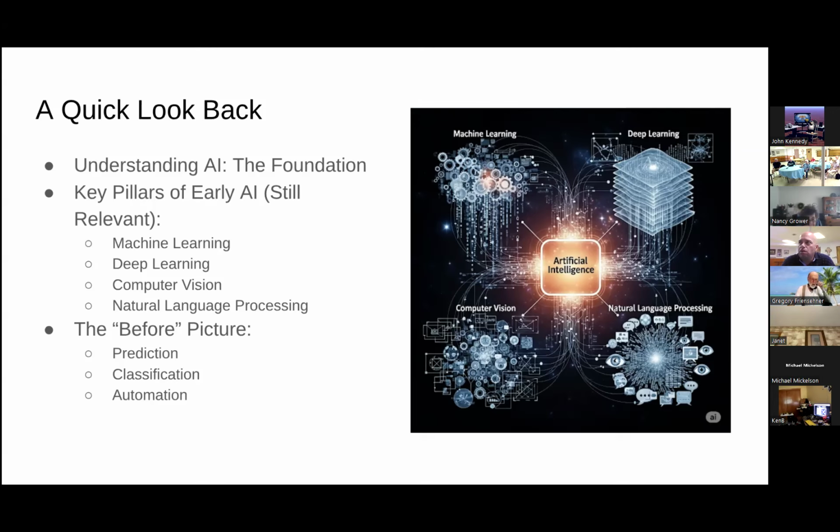The final key pillar of early AI is natural language processing. That allows computers to understand, interpret, and generate human language. So it uses sentiment analysis. That's where a computer listens to someone speaking, and based on the word choices and the inflections and tones, the computer can, just like recognizing someone in a picture, recognize your speech as being unhappy, super happy, a little angry, infuriated, any of those, right?